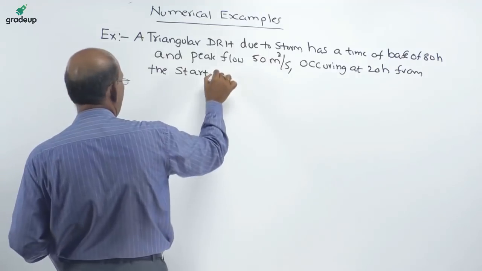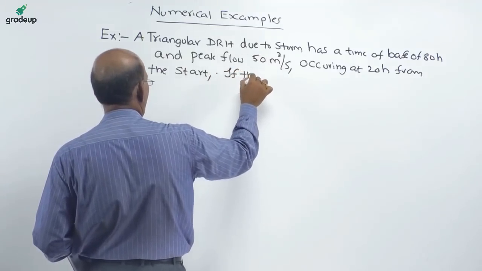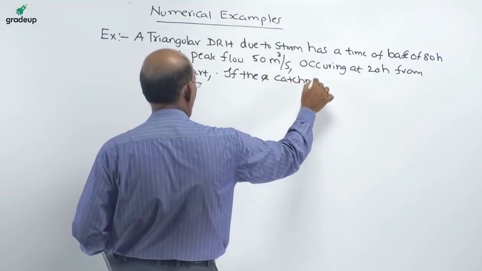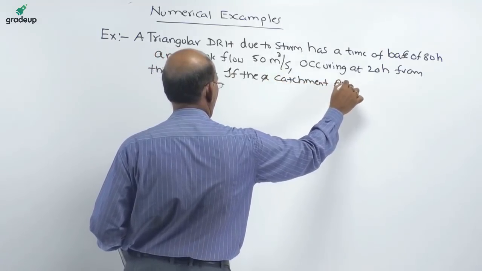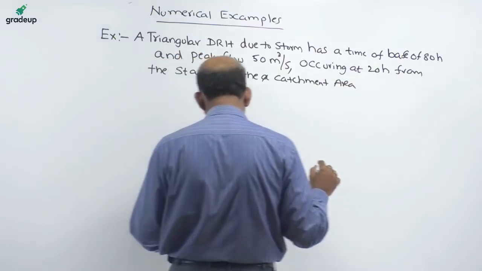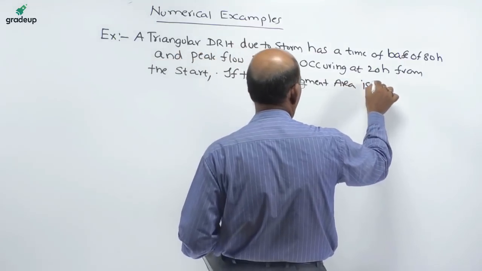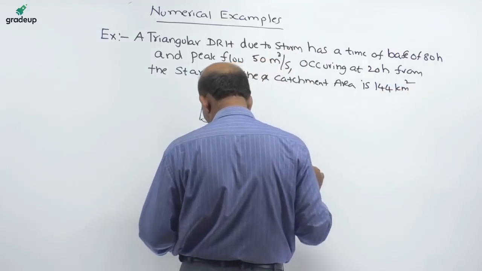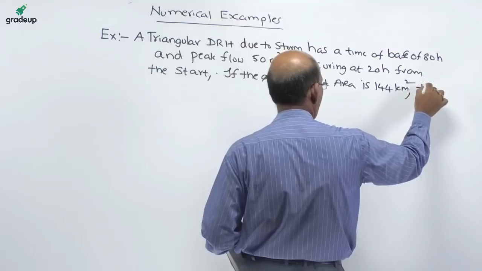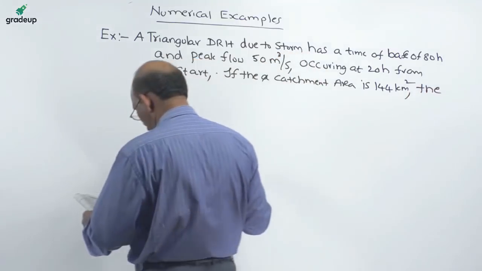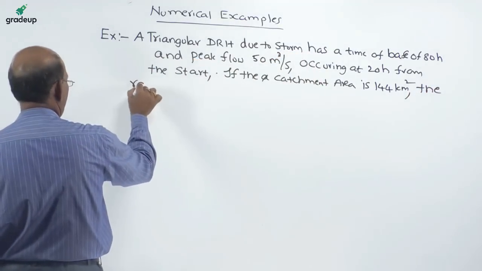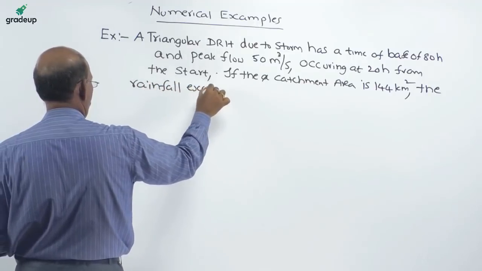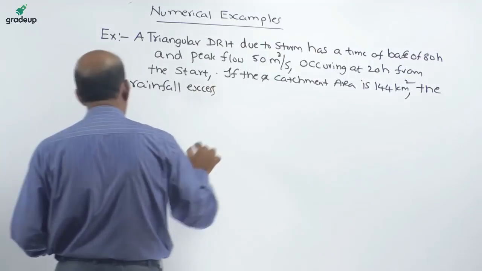If the catchment area is 144 square kilometer, the rainfall excess in the storm